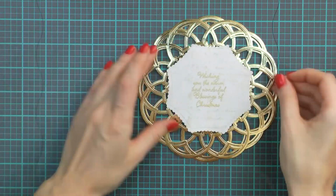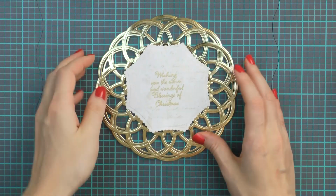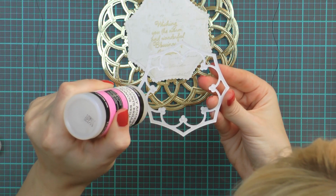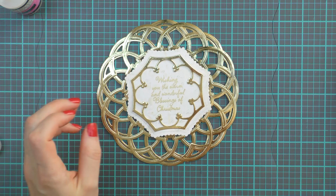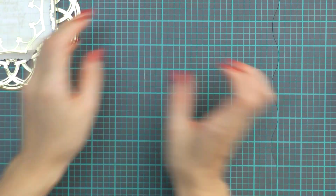dimension to this project. The sentiment here was heat embossed in gold embossing powder and reads, "Wishing you warm and wonderful blessings of Christmas." My next layer, a gold die cut, is going to be adhered using glue directly onto the scalloped die cut, framing the sentiment. I'm going to place a clear block over it to press it down, and we'll go ahead and work on